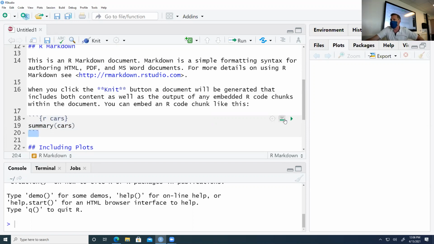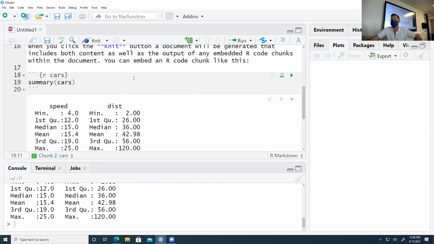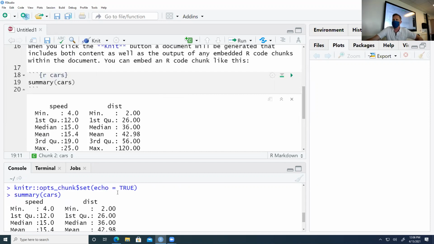And if you come over here to the right, there's a couple of options. You can either run all chunks of code that are above that all the way down to there, or the green arrow that looks like a play button is run the current chunk. And so what I'm going to do is just run the current chunk of code. And notice within our editing window up here and within the R console at the bottom, we get the same thing. This output from this